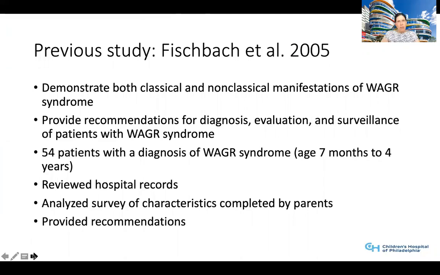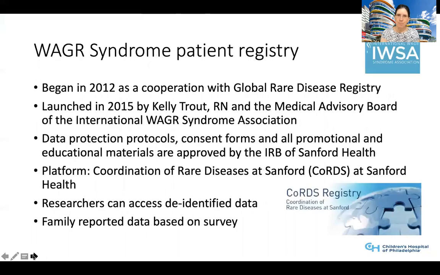That initial study looked at over 50 patients ranging in age from 7 months to 4 years and reviewed both hospital records and asked parents to complete a survey of specific characteristics, and they came up with a bunch of recommendations for WAGR syndrome. Now, we were asked, in collaboration with the WAGR Association, to look at the data from